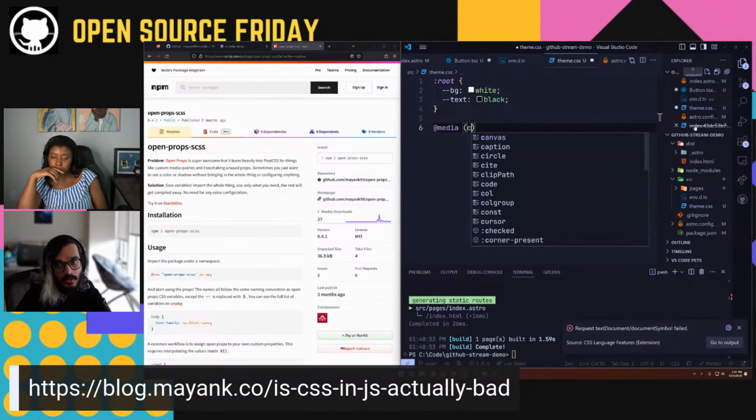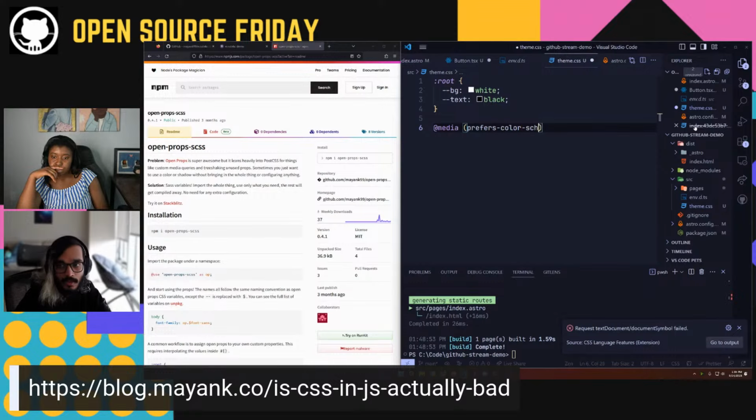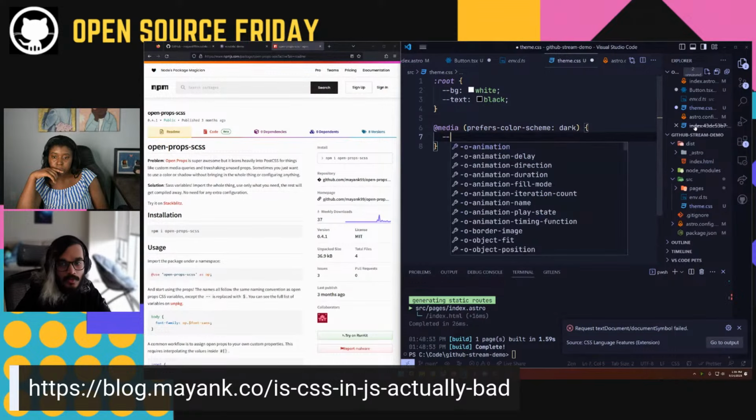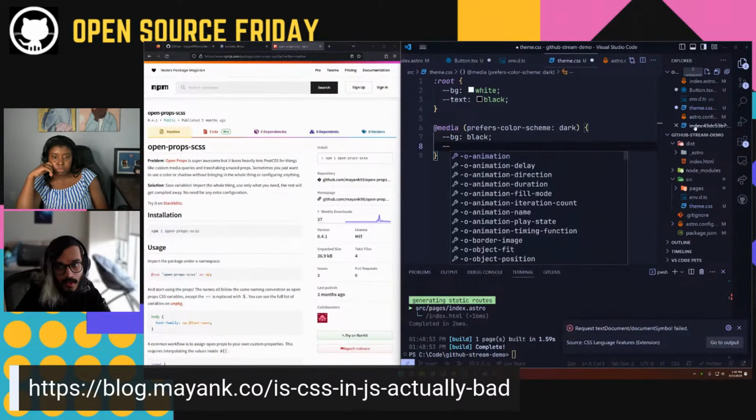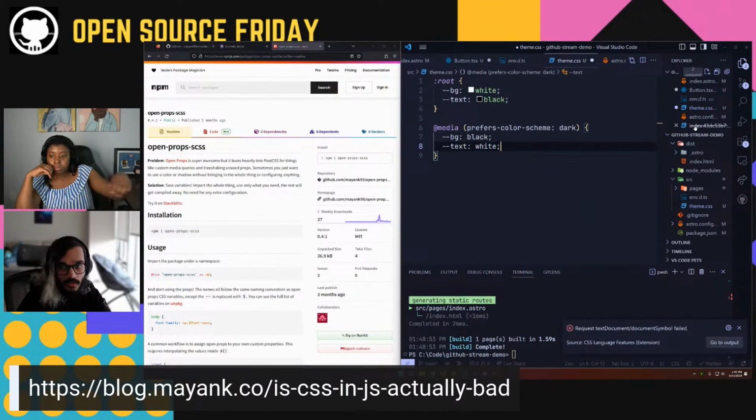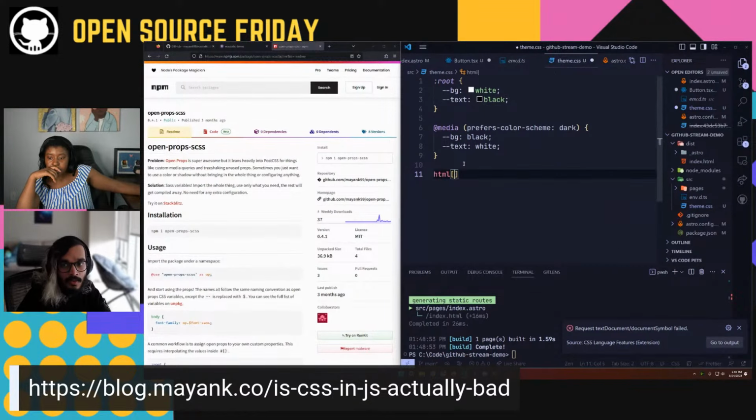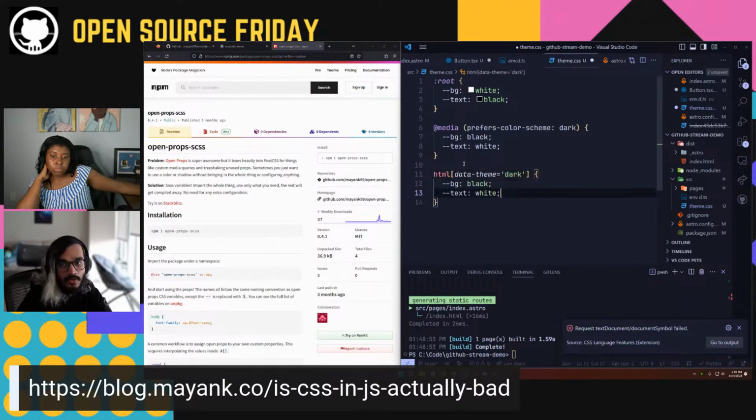So it's going to be like prefers-color-scheme: dark. So BG black, text white. And you can also do the same for selectors. So I like to add a data-theme attribute that changes those variables. And when you define these variables like this, you don't need to worry